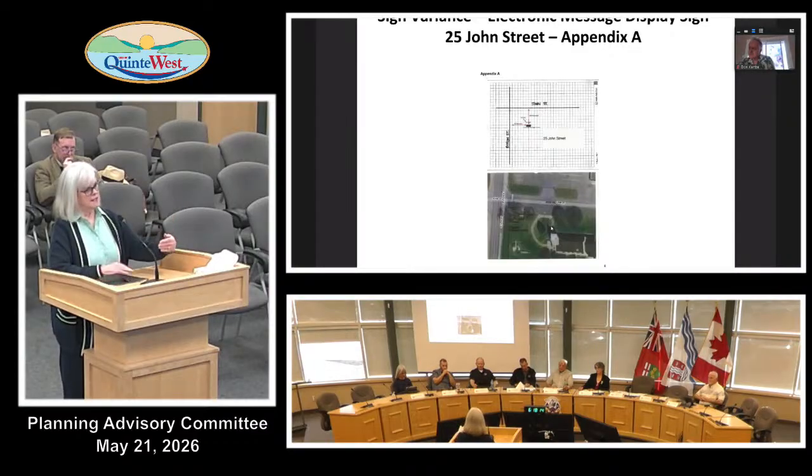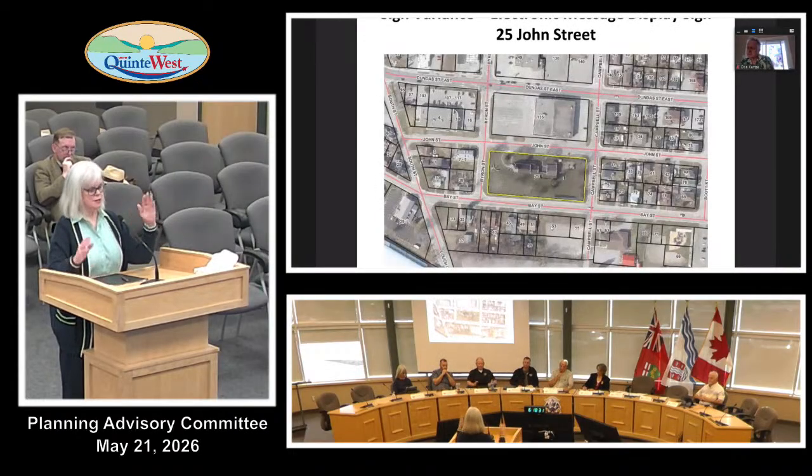However, the sign will be facing forward. It is not shown to any of the houses. There's a house to the side, but the front of the sign will not be reflecting on them in any way. We've made sure of that. Also, where the sign is, there will be a couple of trees, and the trees will be trimmed back a little to accommodate the sign. However, they will not be taken down,